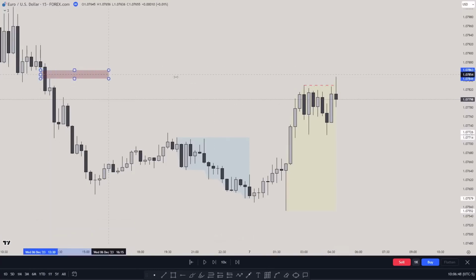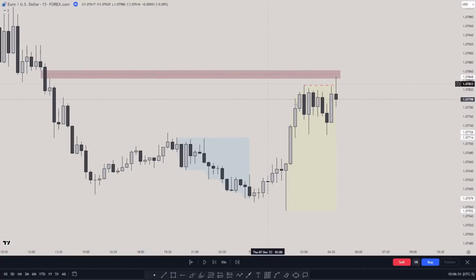We have a fair value gap here. So that's the one that was really valid for me, because all of those price did sweep this, but it went a lot into the order block. So there was not immediate rejection from there. But what I see from this example is price really sweeping the level into the fair value gap. And now I would be expecting price to go lower to where we're going to see.